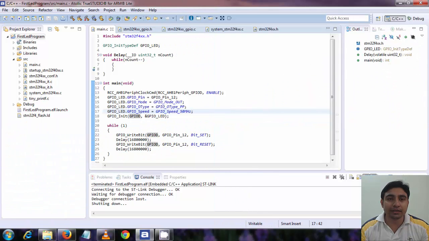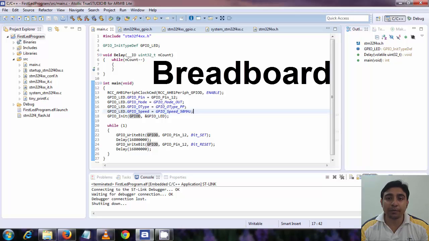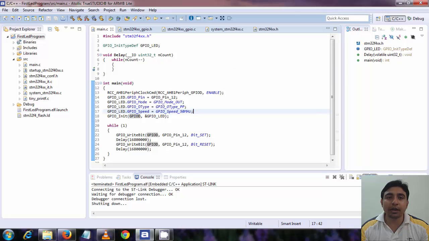Okay guys, in this tutorial we have learned about the concepts of frequency or clock speed in microcontrollers. We have learned how we can update the clock settings in our project, and then we have updated the LED blinking program to blink in exactly 1 second. In the next tutorial we will move on from this discovery board to a breadboard. We will use an external breadboard and work with some LEDs and create some cool lighting with LEDs.